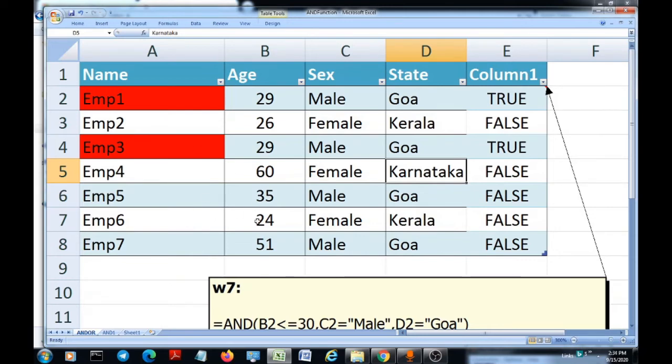So friends, I hope this is now very clear about using the AND function. Now we go to an example which appears to be a bit complex, but with an understanding of the logic behind it, you are going to find it very easy.